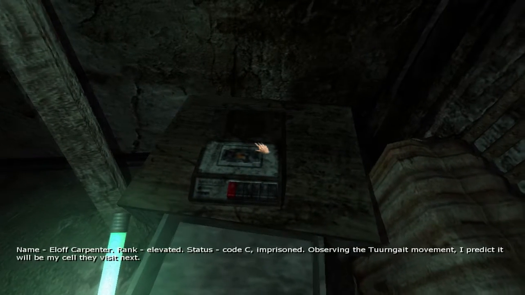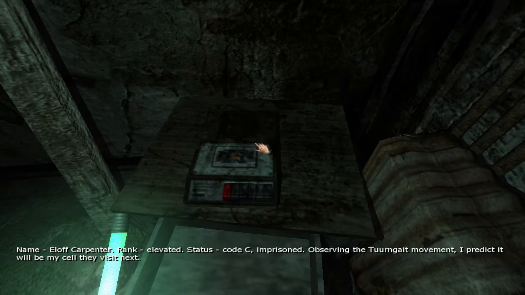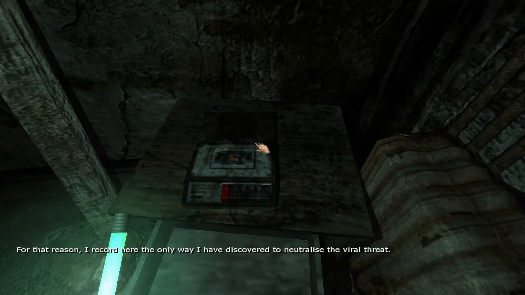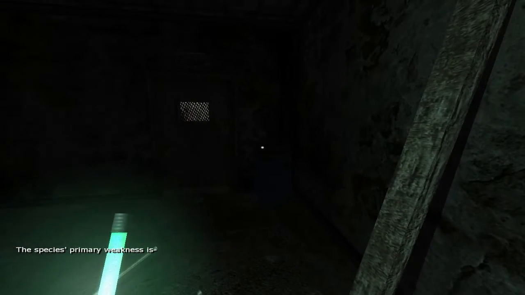My name, Elof Carpenter. Rank, elevated. Status, Code C, imprisoned. Observing the Turn-Gat movement, I predict that it will be my cell they visit next. To my knowledge, I am the last remaining member of the Elevated at this facility, and so it falls upon me to ensure that Xeno protocol is not compromised. For that reason, I record here the only way I have discovered to neutralize the viral figment. The species...